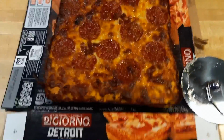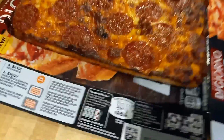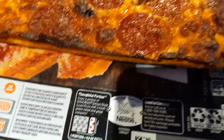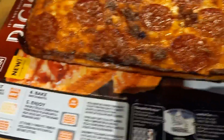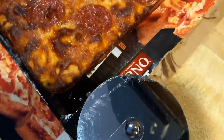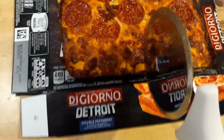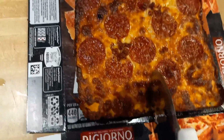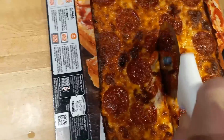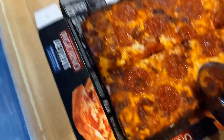Alright, so I got this thing out of its tray that it came in and did the recommended 24 minutes. It didn't give like a variation. It was like cook this thing for 24 minutes. But yeah, looking pretty good. And definitely smell the pepperoni. Let's go ahead and cut into this one. Okay, it's got a little more crunch on the edges than obviously in the center, but